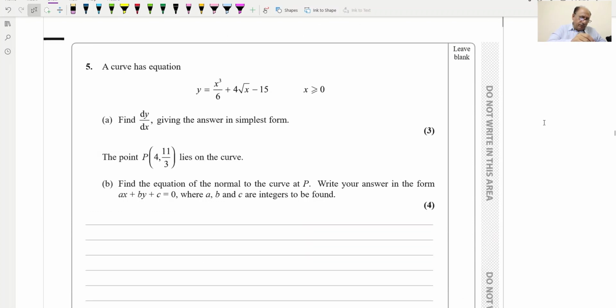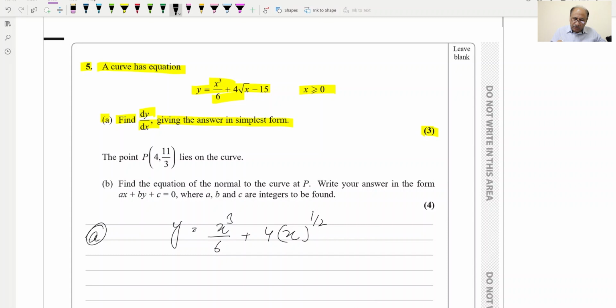Question number 5. A curve has the equation given here, x is greater than or equal to 0. Find dy by dx, giving the answer in simplest form. This is a 3-mark question, so we just have to take the derivative. First of all we will rewrite the equation. y is equal to x cubed over 6 plus 4x raised to the power 1 by 2 minus 15, and